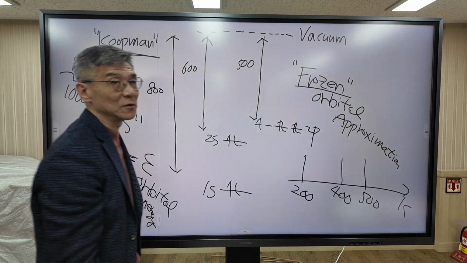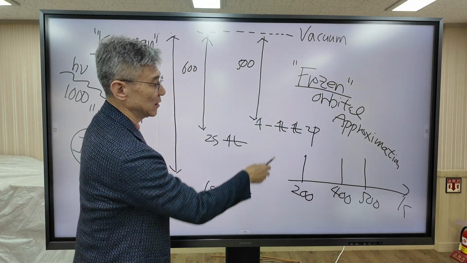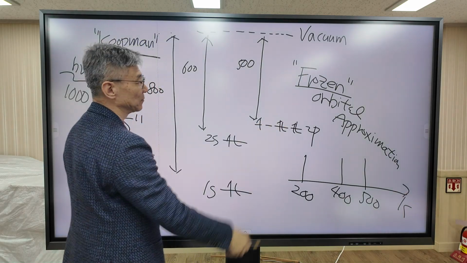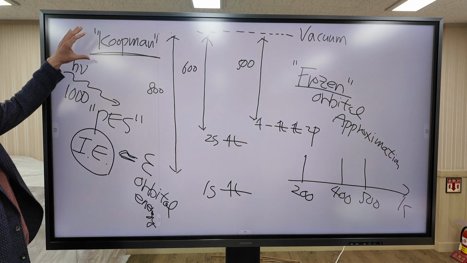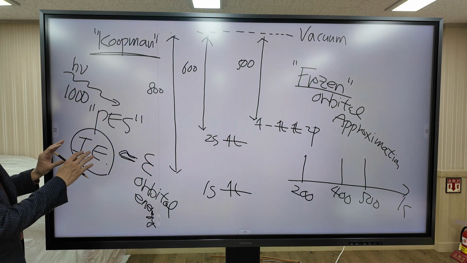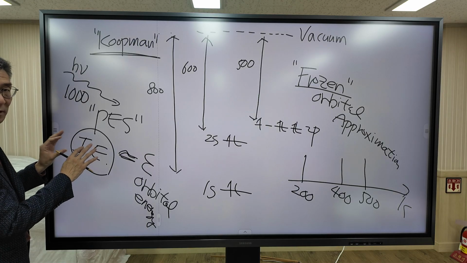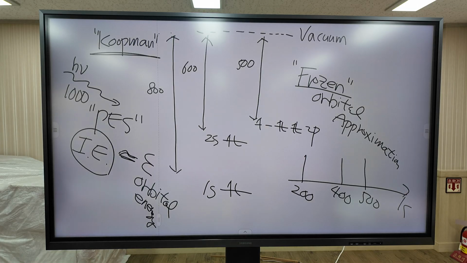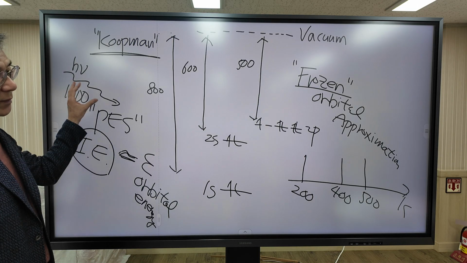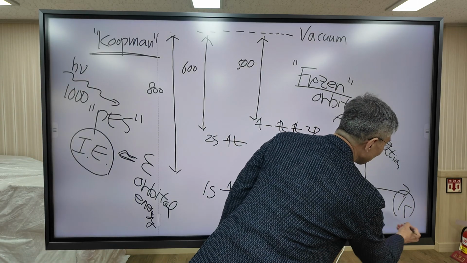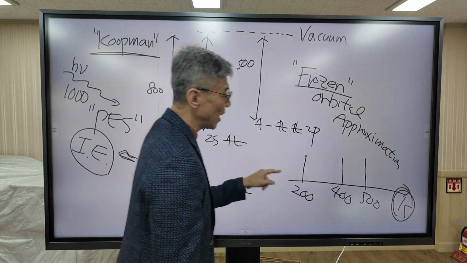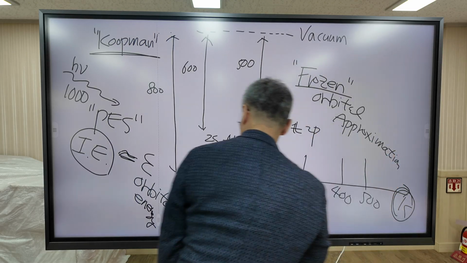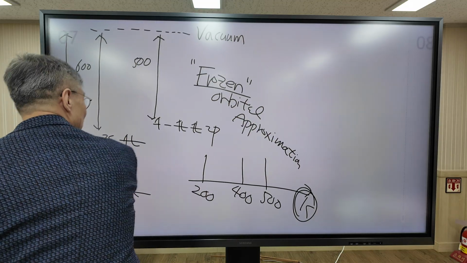Do you know what frozen means? Frozen means that the orbital energy does not change even if the electronic configuration changes. So under this approximation developed by Koopmans, even if we measure ionization energy, it is approximately equal to the orbital energy. Now the next problem: in photoelectron spectroscopy, we measure kinetic energy of the electron. The next topic is how do you practically measure kinetic energy? What is the basic principle of measuring kinetic energy?